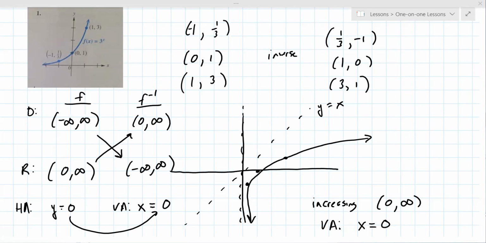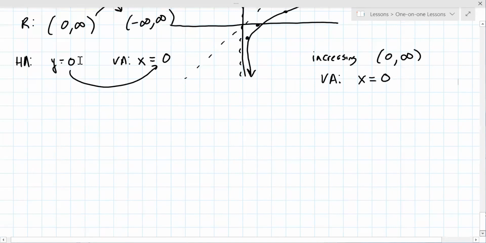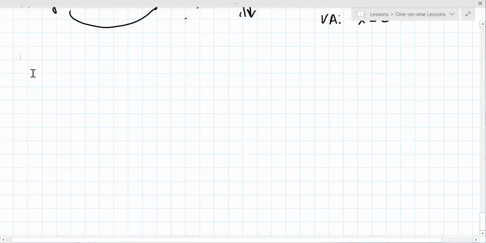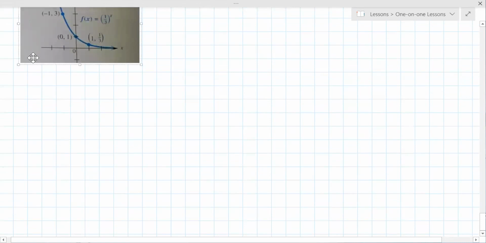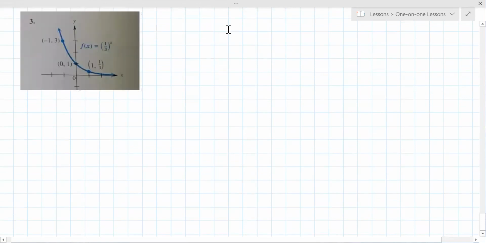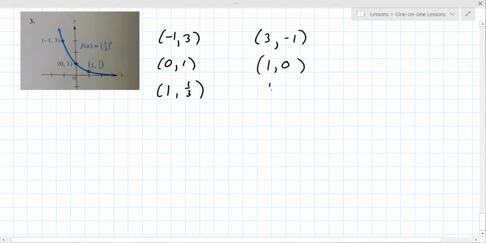So we're going to do something really similar here. I'm going to suggest that we write down the points like I did for this one. Bring this down slightly. The points are -1, 3, 0, 1, 1, 1/3. And then we're just going to switch the positions. So 3, -1, 1, 0, 1/3, 1. If you graph this, because you don't know anything else to do,